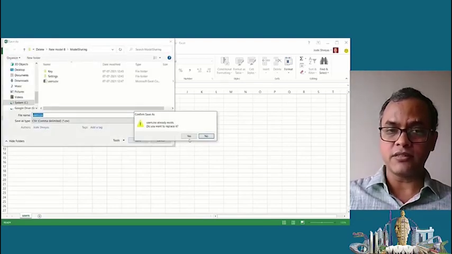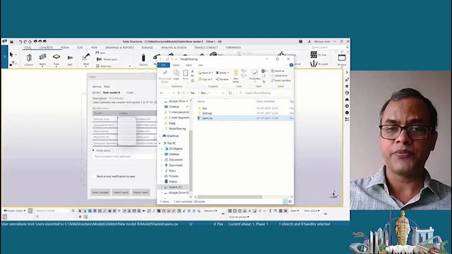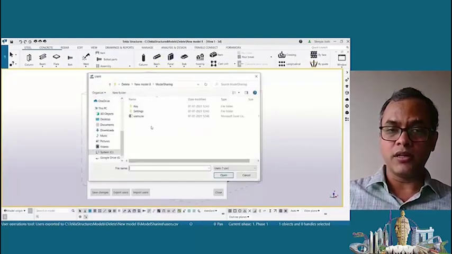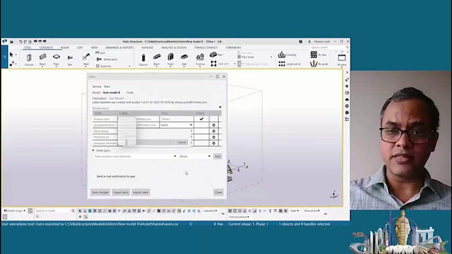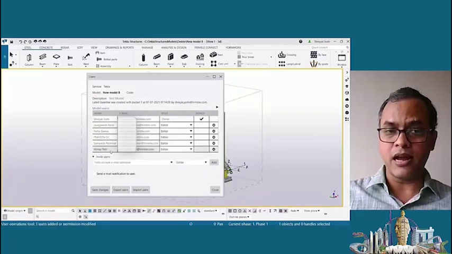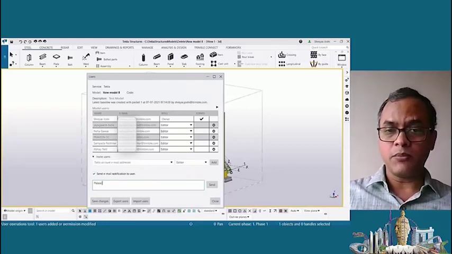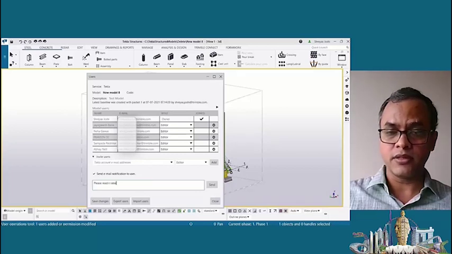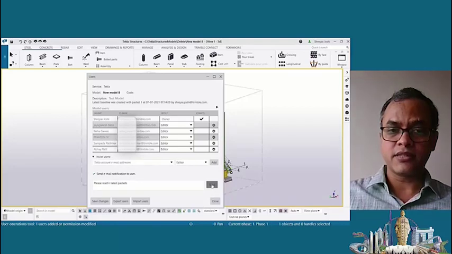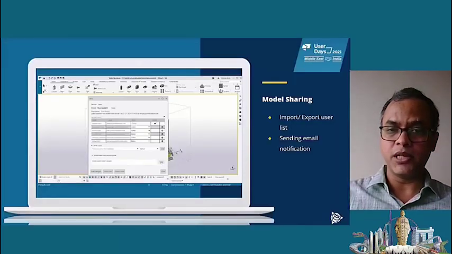Once the changes are done, save the file, go to the users dialog box either in the same model or in any other model and just import the file. And quite easily we can see the new user has been added to the list. From the same dialog box, we can also send email notifications to different users in the list. With just the send button, the email notifications will go to those users.